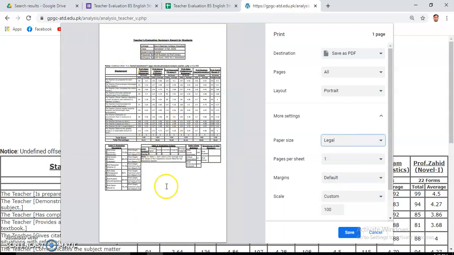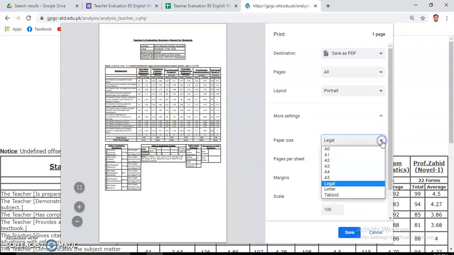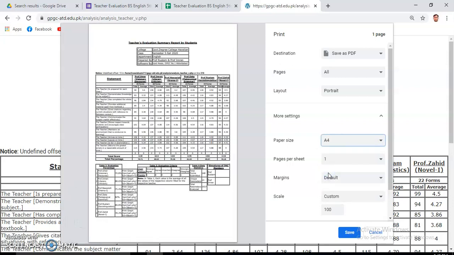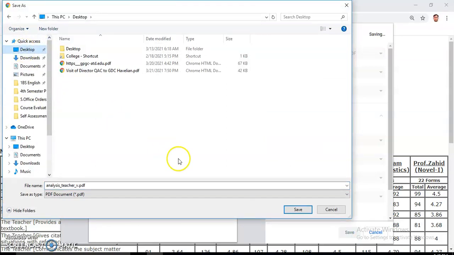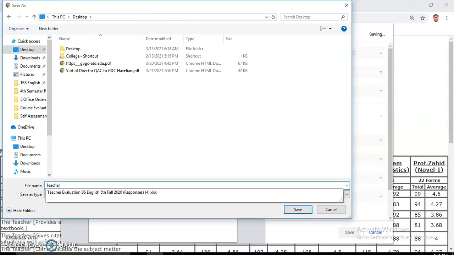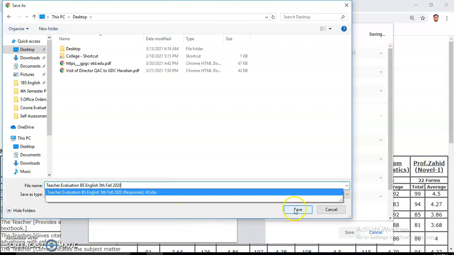When you select legal page or even A4 page, let me select A4, it is on 1 page, as you can see. Click here and the save button, so it will be saved. Give it a path. I'm saving it at desktop, as teacher evaluation BS English 5th fall 2020, and save it.